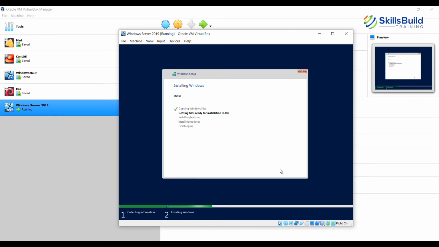So now, by the time the installation gets over, let's quickly talk about some of the nice features that the Data Center Edition offers. It has the network controller, which allows centralized infrastructure management, and it helps you monitor, configure and troubleshoot the virtual environment that you're running within Windows Server 2019 Data Center Edition. You can also use it to automate network configuration rather than doing it manually.